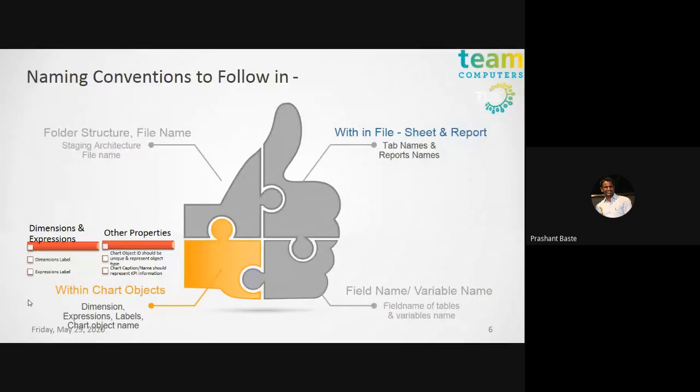So you need not find out where my customer detail वाला chart object is. By the name itself you can easily open that object, and you can do the root cause analysis or the drill down. So these are the things. If you follow naming conventions according to these standards, your life will be easier, plus your standards are growing.